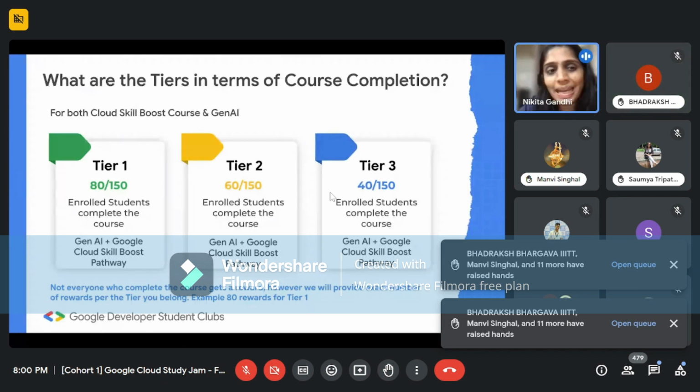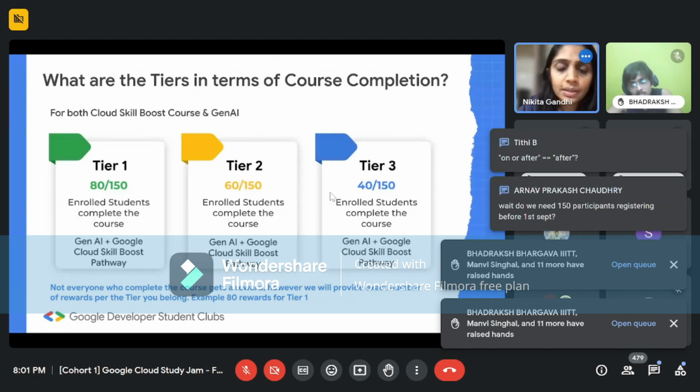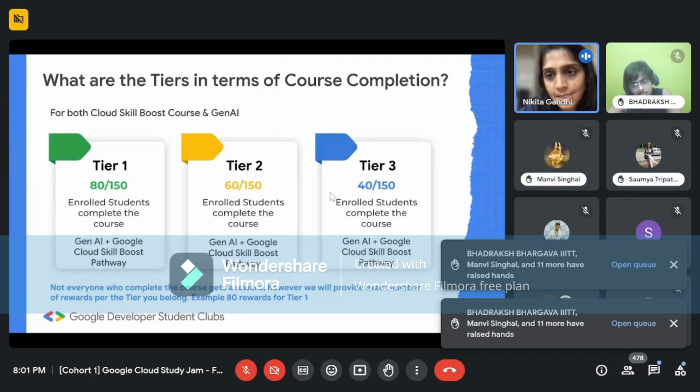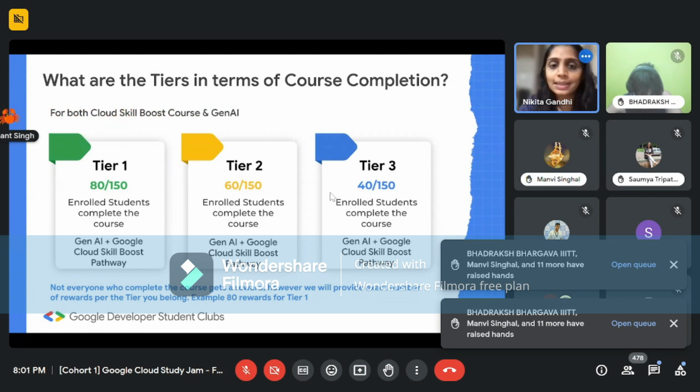It could be anything between 60 to 80. If any number between 60 to 80 complete the pathway and the Gen AI course, then they belong to the silver category or tier 2 of this completion milestone. The third category is the bronze category, which means that if between 40 to 60 enrolled students complete the course in the given time frame, then they will fall into the bronze or tier 3